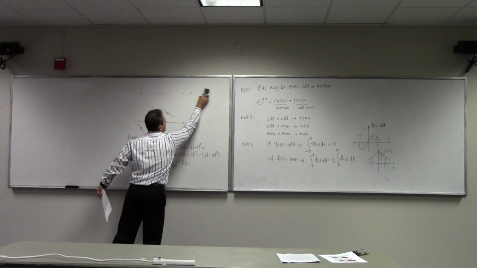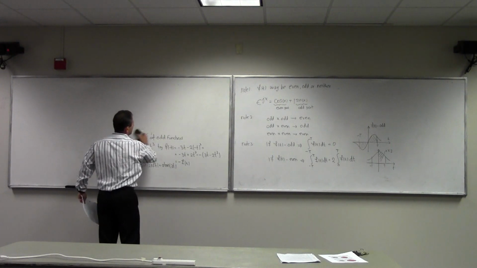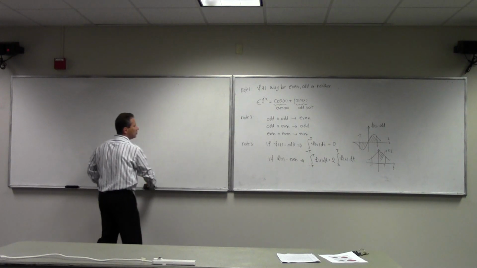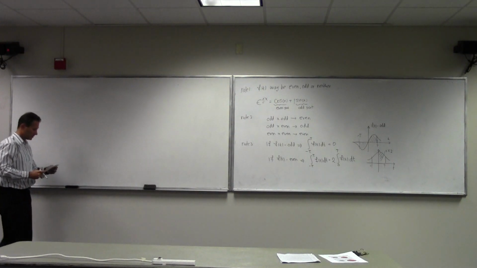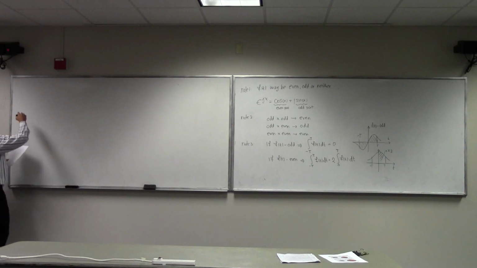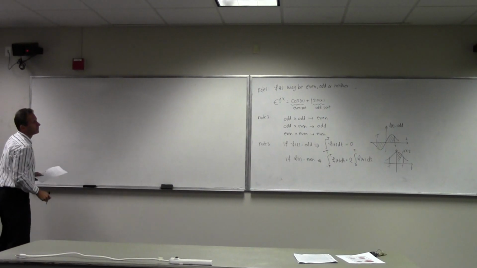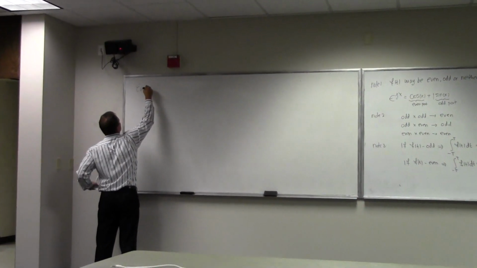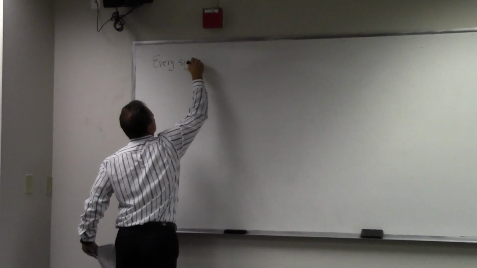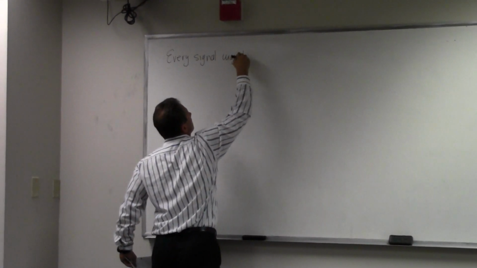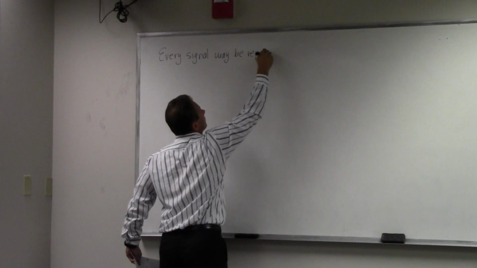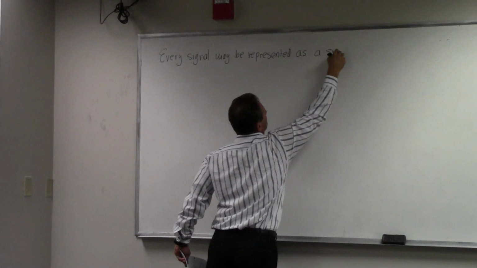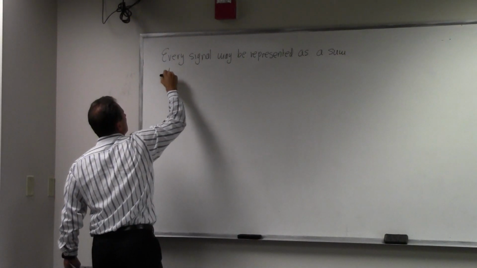So if the function is neither odd nor even, it can be shown that the function can be represented as sum of 2 parts. One is going to be even part, and the other one is going to be odd part. So how do I put it here? So every signal or every function may be represented as a sum of its